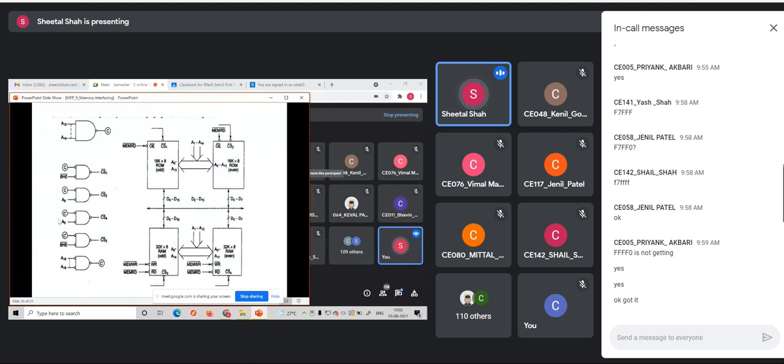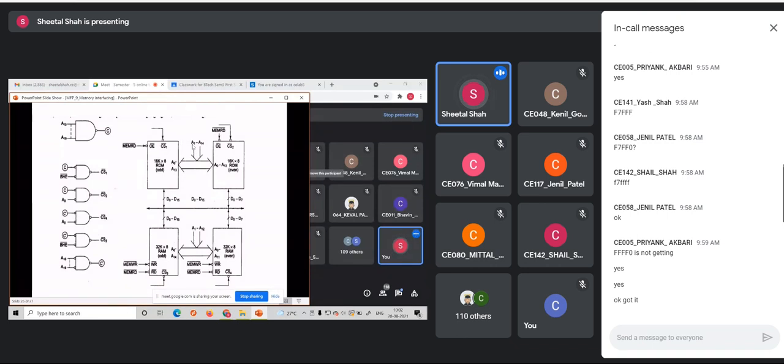Now this C dash, if it is accompanied with A0 and connected through the inverted input of this NAND gate, the output CS4 bar would be selected. So you can see that this is CS4 bar, which is used to select the even bank of the RAM IC. Similarly, if it is connected through the BHE bar signal, then it would be selecting this odd bank of the RAM IC. If you have still any doubts, you can ask me.